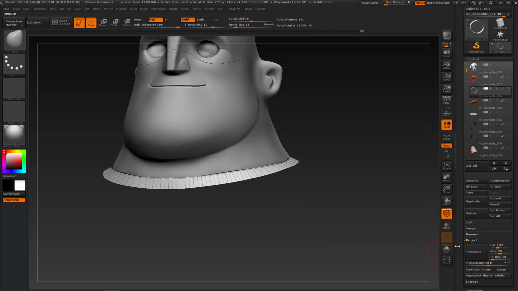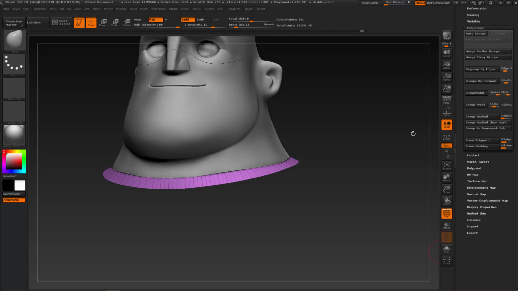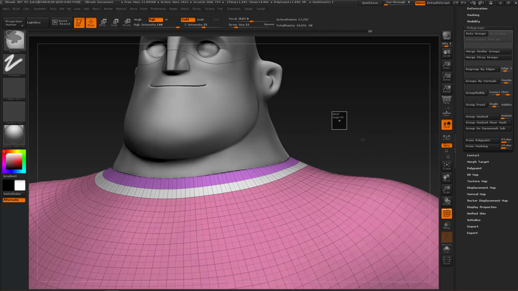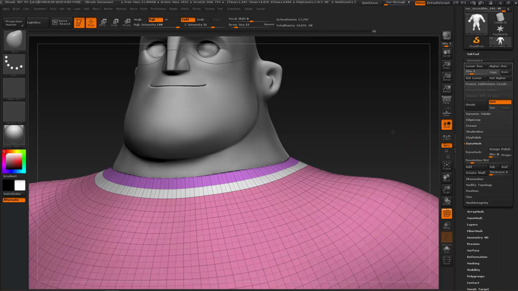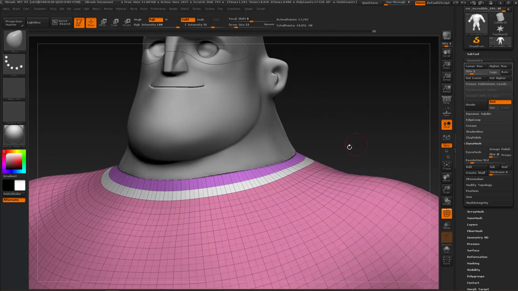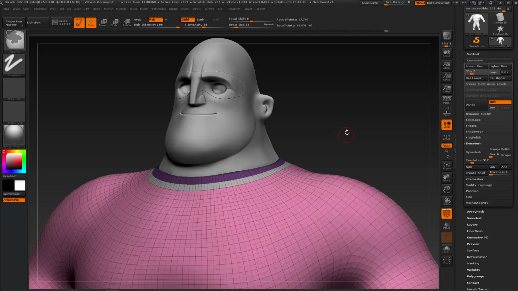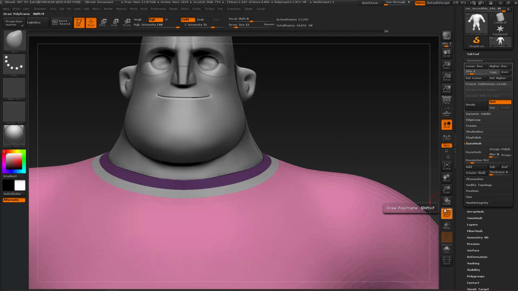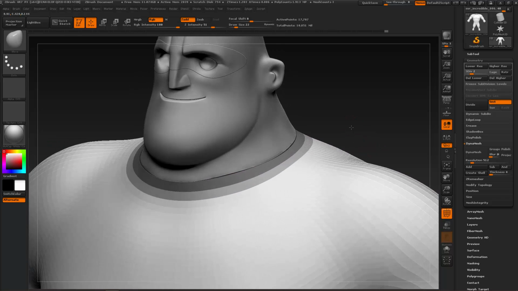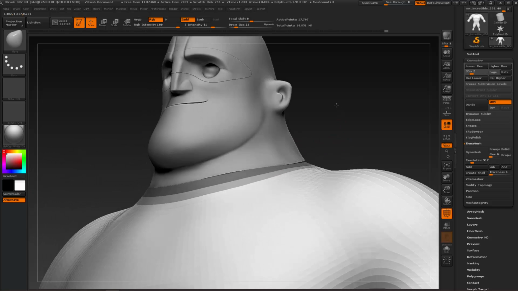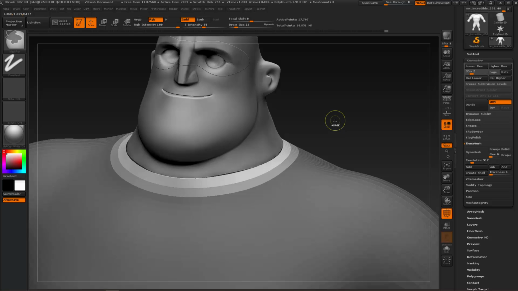So with these visible, I'm gonna go to polygroups and group visible, and now oops, this one also seems that Dynamesh is still active, so I'm going to uncheck that. Now let me see if I can successfully, yeah, that's better. So I've successfully done a better mask. As you can see, the mask here is a little bit smooth. So what I'm going to do now is invert my mask,